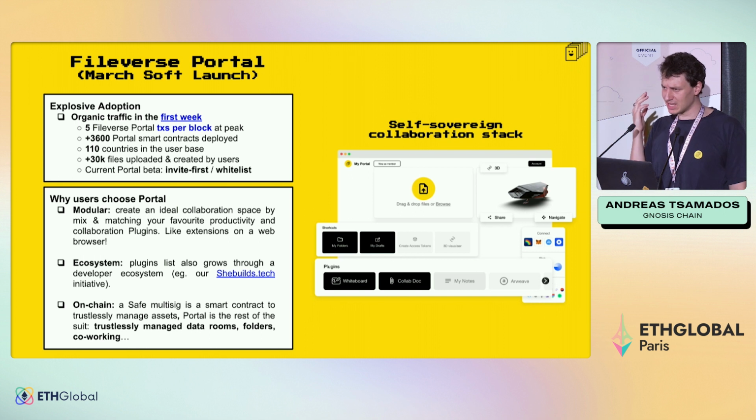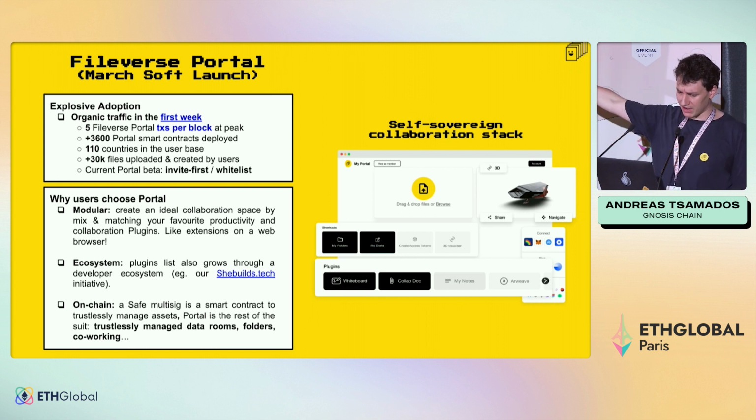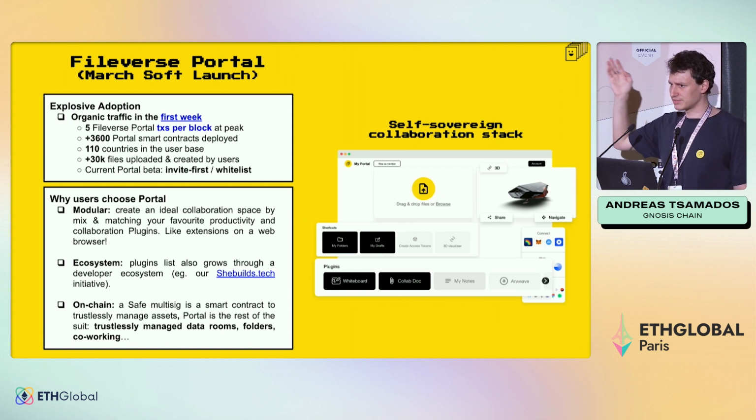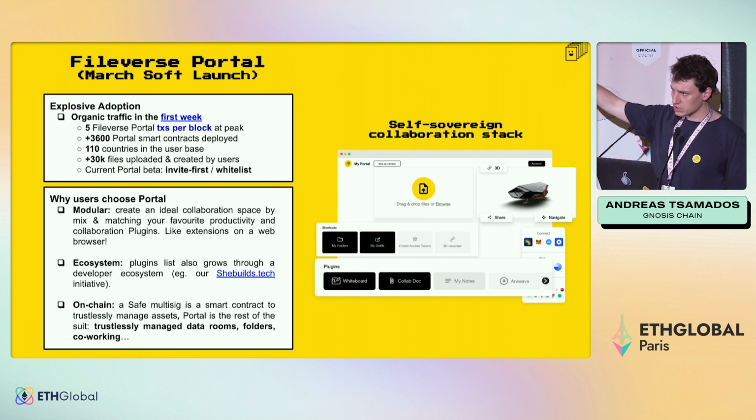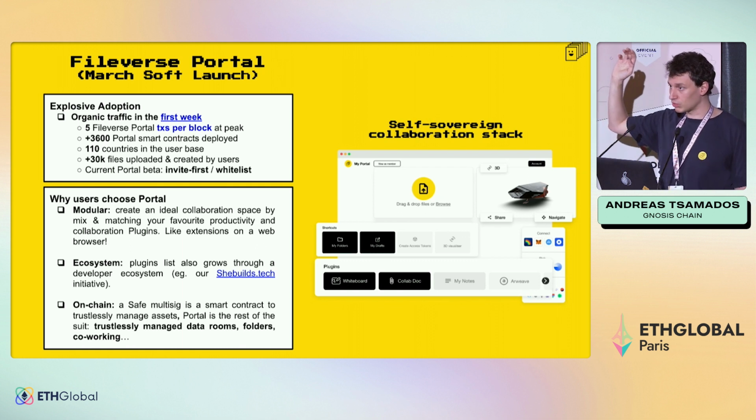Just in 3 days of launching the general access, almost every block produced on Gnosis Chain had an average of 5 Fileverse transactions in them. Over 3,600 portals, smart contracts were deployed within 2 days. For those that did use our website instead of the IPFS gateway, we logged over 110 countries using the dApp,